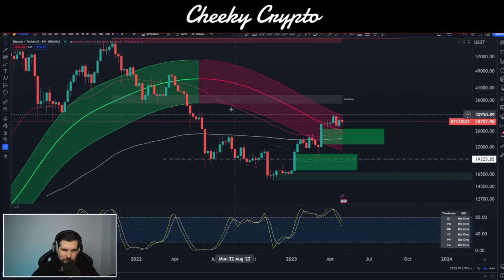Well, these differences are key because this Gaussian channel has only been predictive when we've had very similar setups. We were above the 1.236. We never crossed the low. And so we never crossed the high of the previous bullish market. So when we had that bear market pullback, we never crossed down lower than the previous all-time high. And of course, we had very significant volumes. So for this Gaussian channel to be predictive, we would have to see those same variables in place in order to be able to predict the same results.